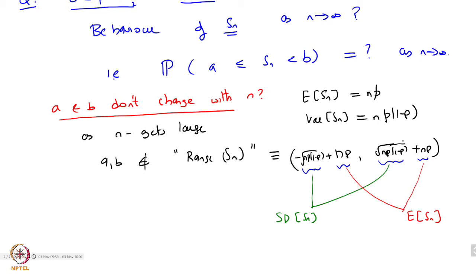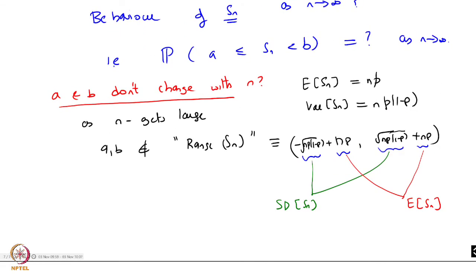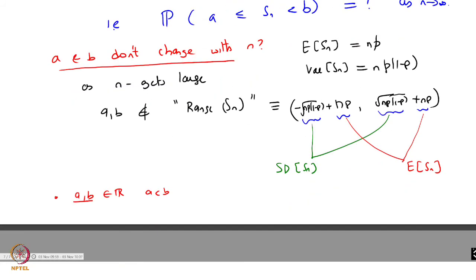So you will have to scale. You have to scale with this idea. So a more meaningful question is to understand the following. Take an A and a B in R, A less than B, let's say. A more meaningful question is, what happens to the chance that